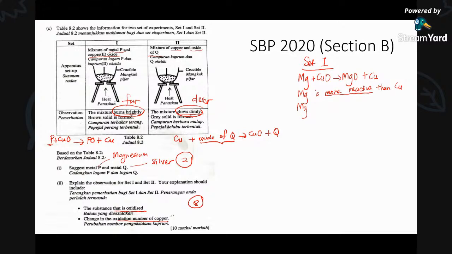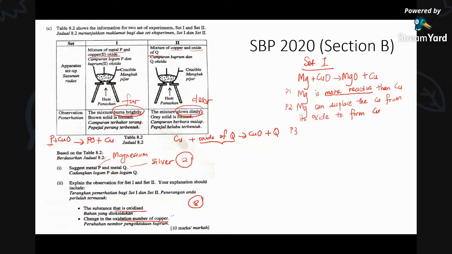Magnesium can replace the copper. Write in full sentence, spell out copper from its oxide to form copper. So this is point number 1. This is point number 2. So point number 3,